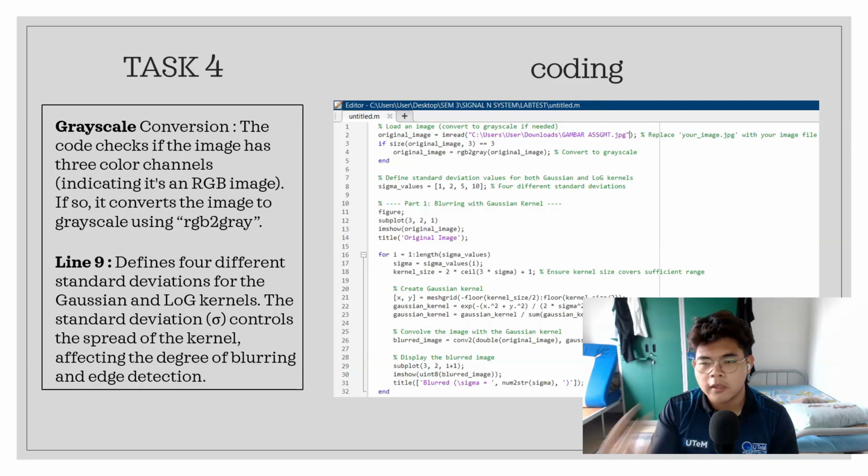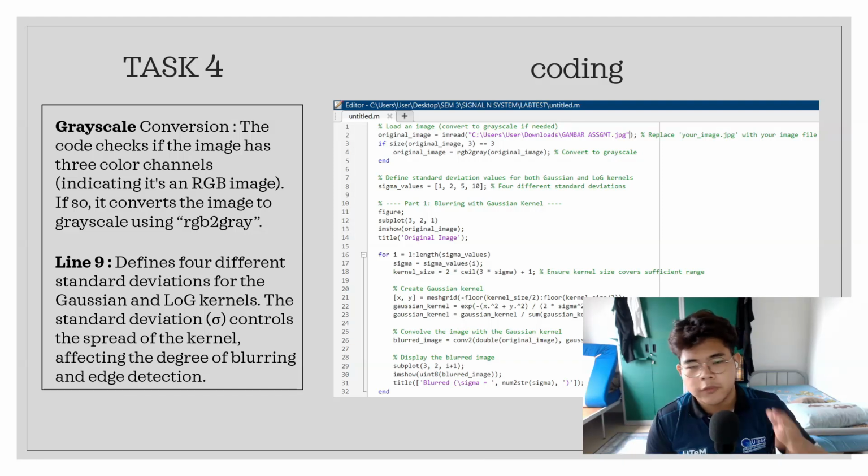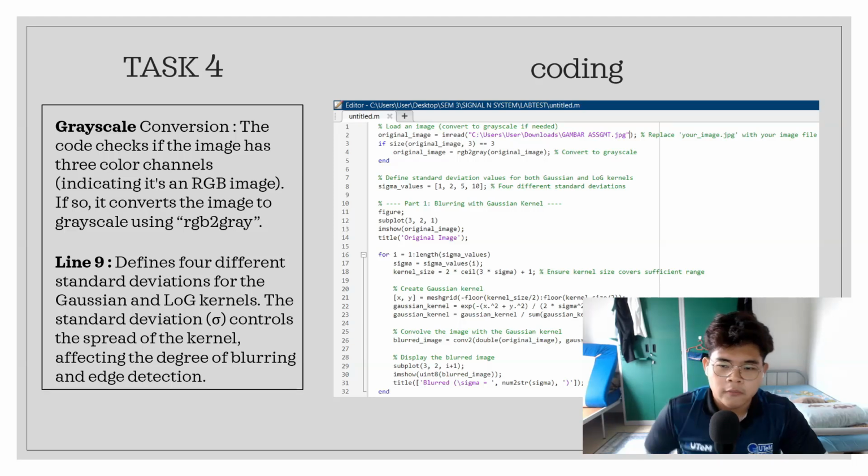Okay, so task 4 can be divided into two parts. The first part is the grayscale conversion and the blurring, and the second part is the LOG or the Gaussian. First of all, we've taken the picture from all 4 of our members, and from there we